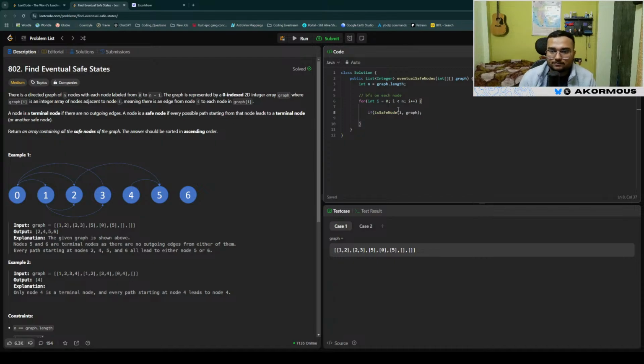If it is a safe node, then result dot add I. Now here list